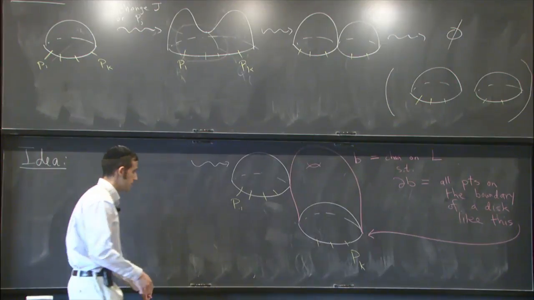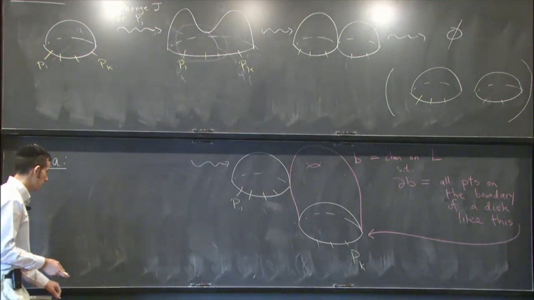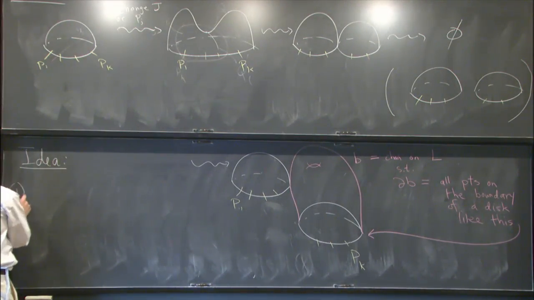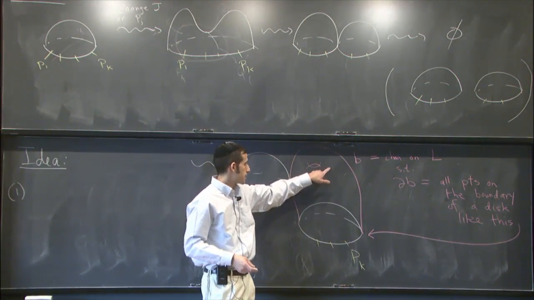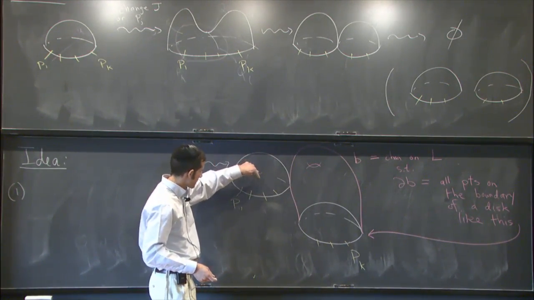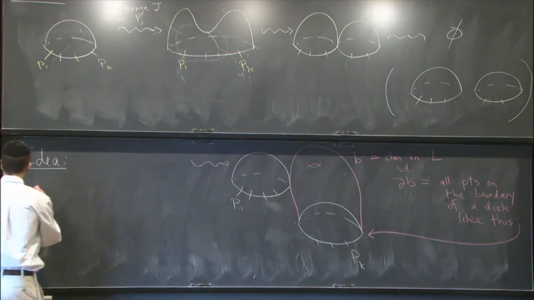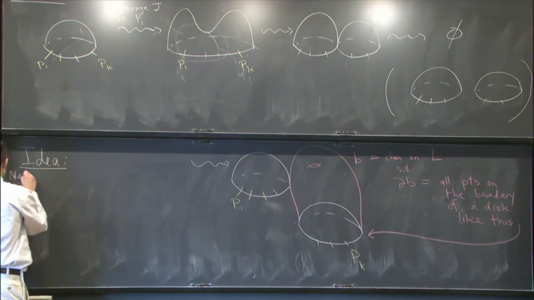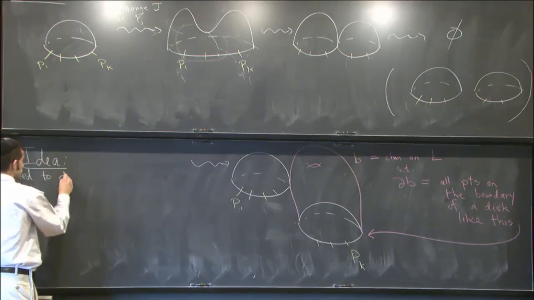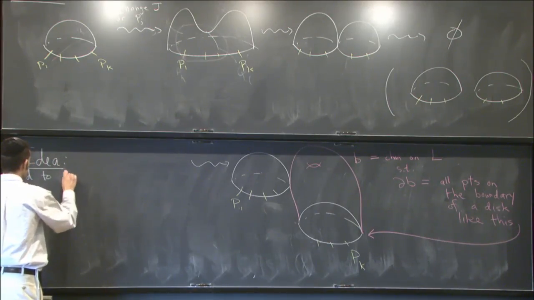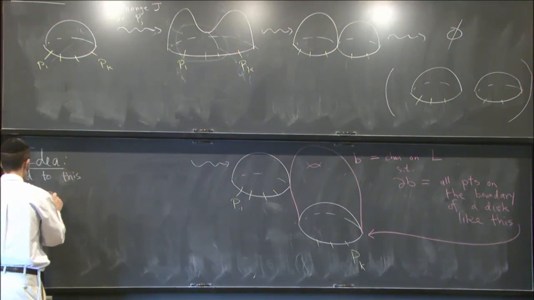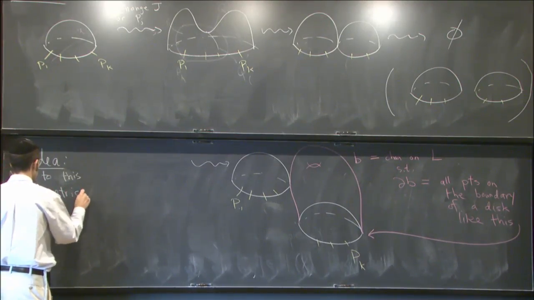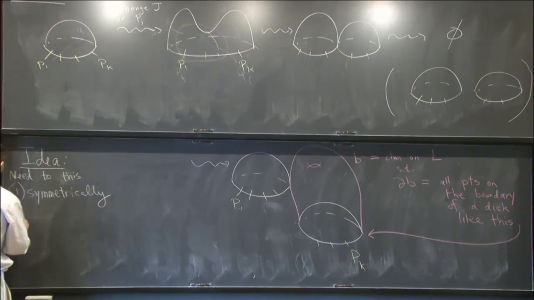Okay, and this is a great idea, but of course you have to do things symmetrically. You can't just count the B on this side. You have to count it also on this side. So you need to do this symmetrically, and you have to